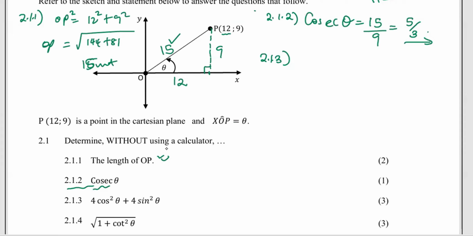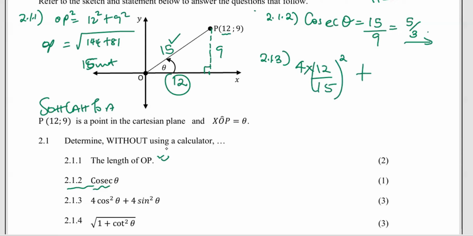Then 2.1.3, we must simplify this, so it's going to be 4 times the cos. We know that cos, from our SOHCAHTOA, okay? Cos is adjacent over hypotenuse, meaning that it's 12 over 15, but we are squaring this. Plus 4, the sine is opposite over hypotenuse, so 9 over 15, but this one must also be squared. Then we know that 12 squared is 144 times 4, okay? So 144 times 4 is giving me